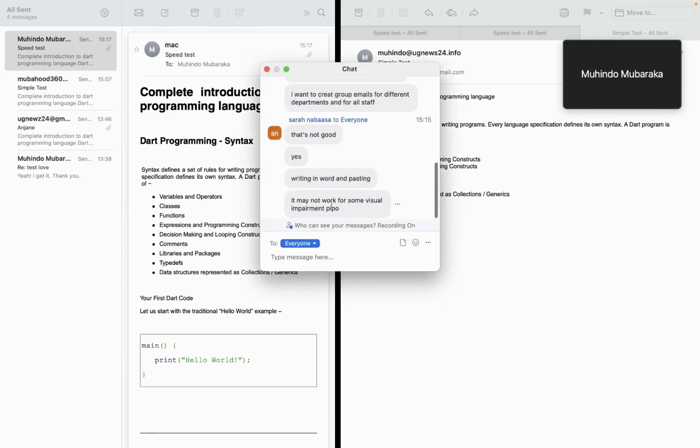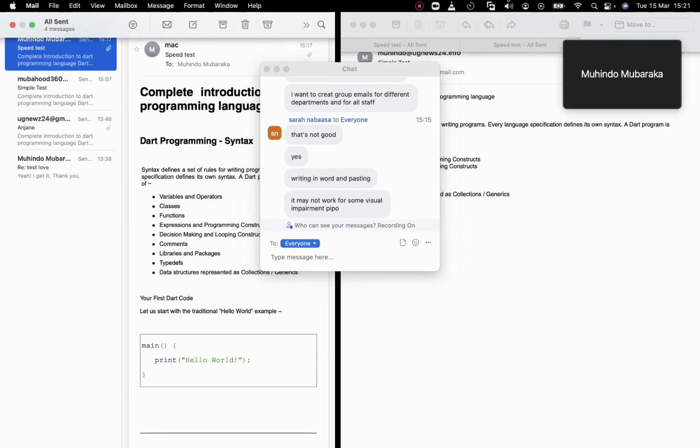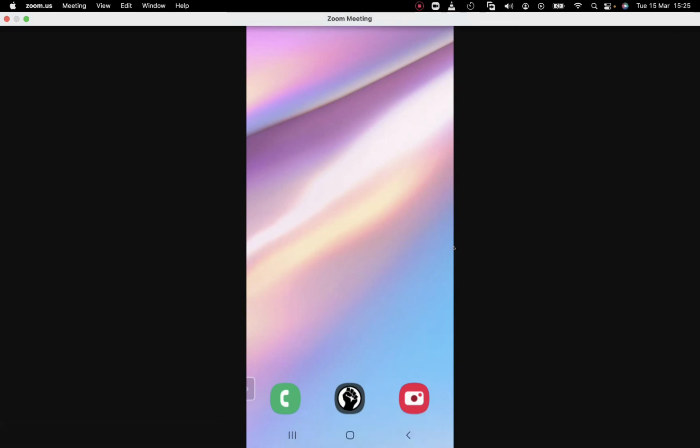Okay, I'm in the charts now. It may work for visual, but the thing is, let me first stop the recording. The thing is, everyone uses the Microsoft Word app. So click on Gmail. After clicking on Gmail,